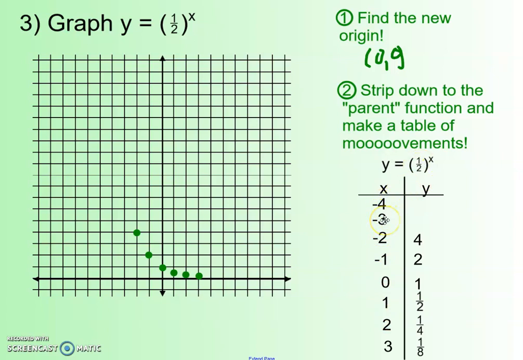1 cubed is 1. 2 cubed is 8. So this is 1/8, but the negative flips it to 8. So from my origin, if I move left 3, I'm going to go up 8. When I take a half to the -4, that becomes 16. 9, 10, 11, 12, 13, 14, 15, 16. And you can see we have that exponential, well,